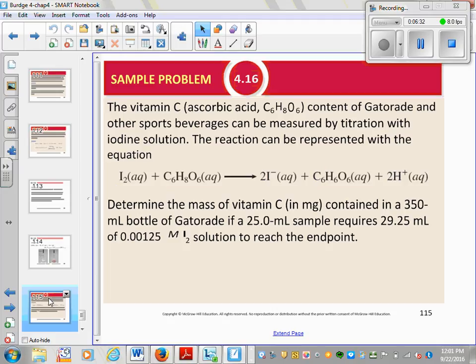So here's another sample problem. Vitamin C, ascorbic acid, and there's the formula for it. The vitamin C content of Gatorade and other sports beverages can be measured by titration with iodine solution. So there's the equation: I2, there's the iodine, plus the ascorbic acid, C6H8O6,